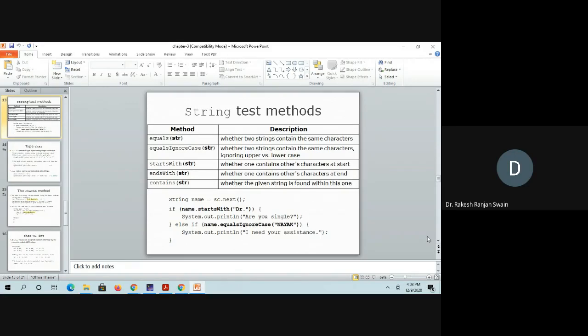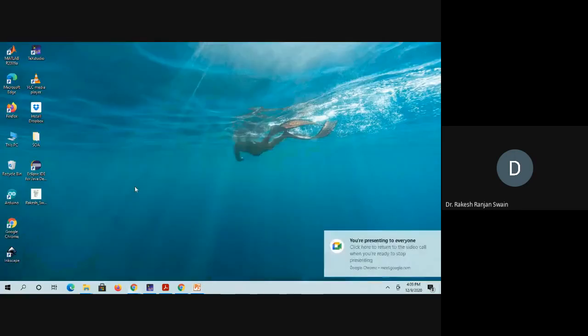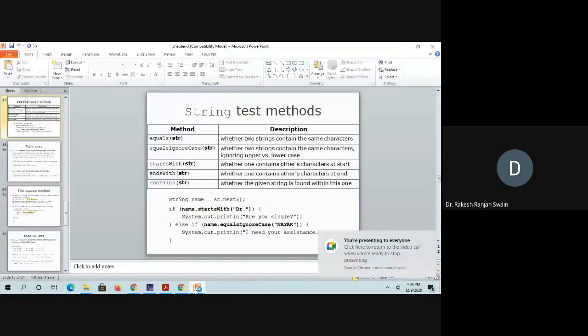The equals method takes a string as a parameter. It checks whether two strings contain the same characters or not, and it returns a Boolean value.